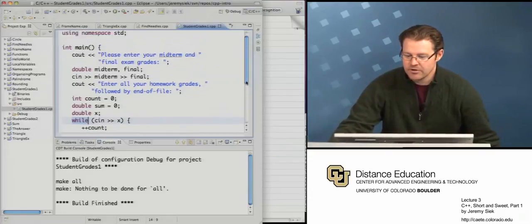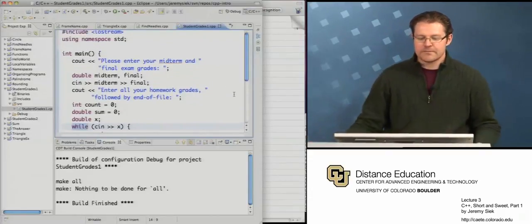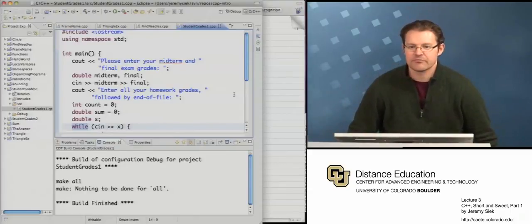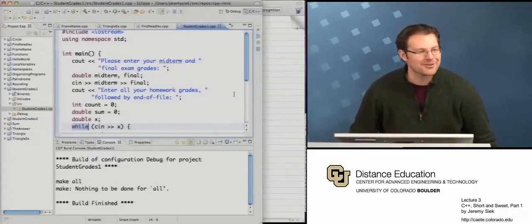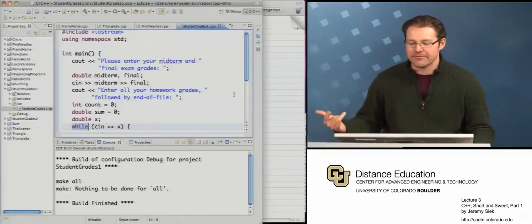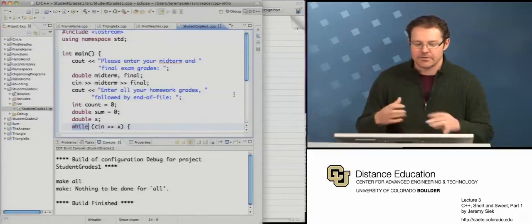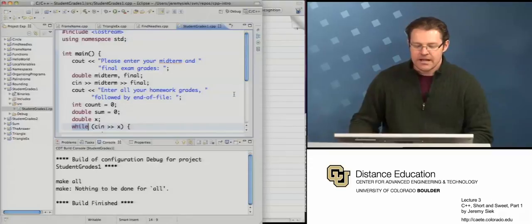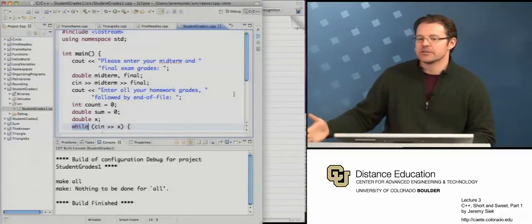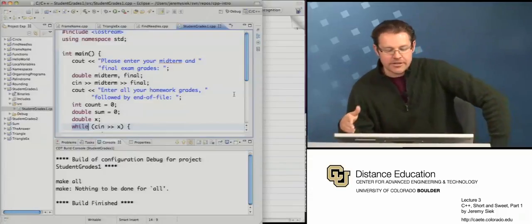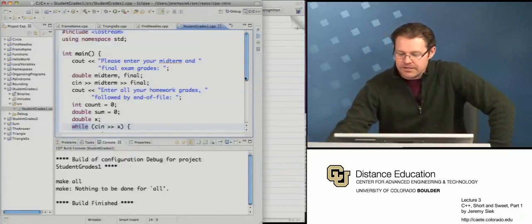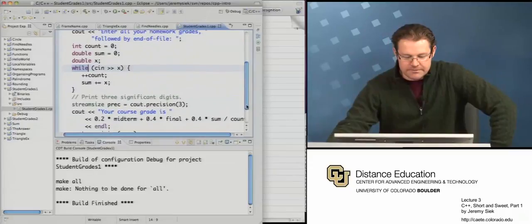So the program that we're going to write is meant to help someone compute their grade in the class. It's something that we're all super familiar with, but fortunately don't have to worry about for this class. We've got a midterm and a final exam grade, so we're going to ask the person to enter those two grades, and then they're going to enter a whole sequence of numbers for their homework grades. And then we compute the overall grade, which I'll skip down to the bottom here,